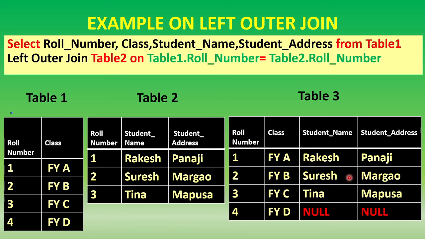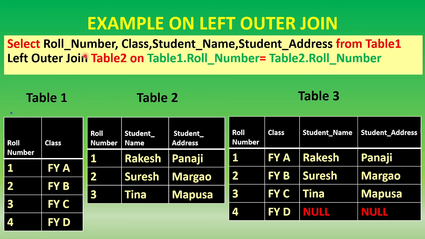So this is what is called a left outer join. All the entries as it is. See, whatever was there in table 1, the entire table 1 is copied over here in table 3. But for table 2, all the entries are not copied. Only the matching entries are there and in the remaining places null will come.